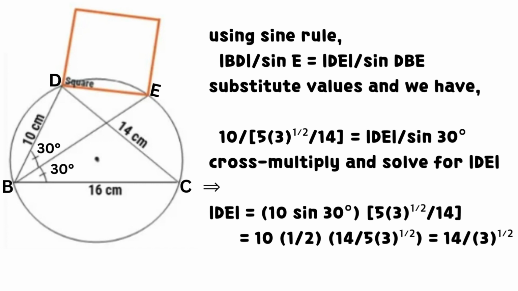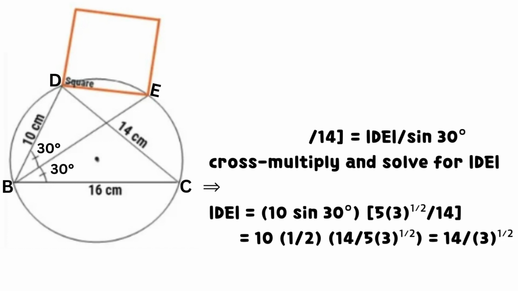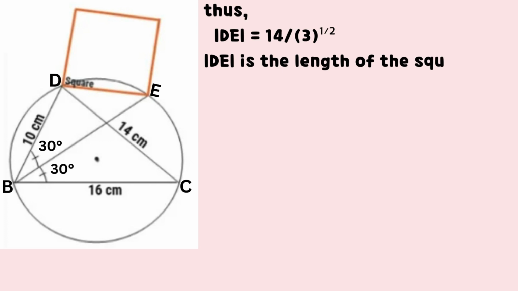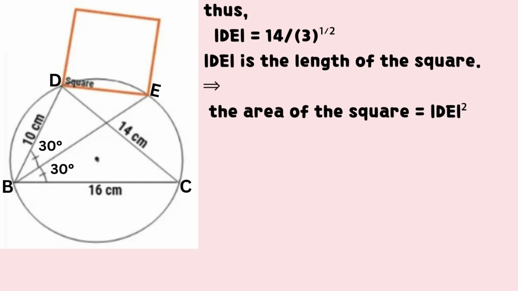After simplification, we obtained that the length of line DE equals 14 divided by the square root of 3. Line DE is the length of the square. This implies that the area of the square equals the square of the length of line DE, which after simplification equals